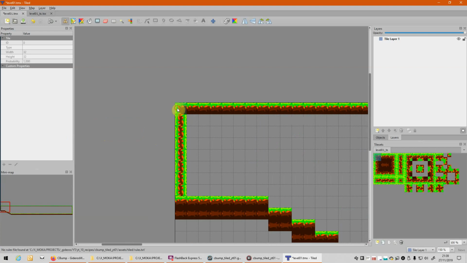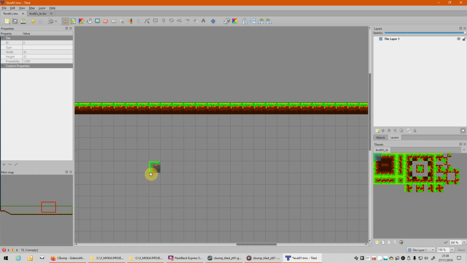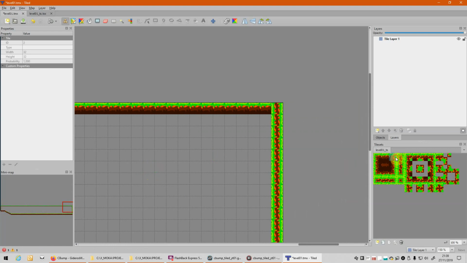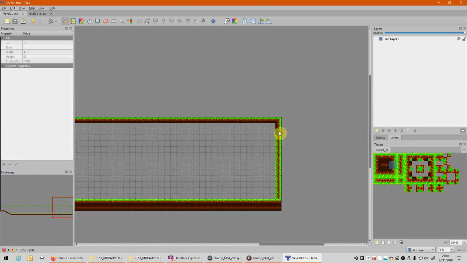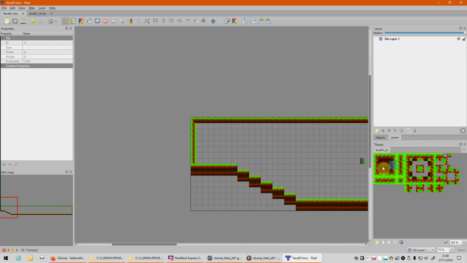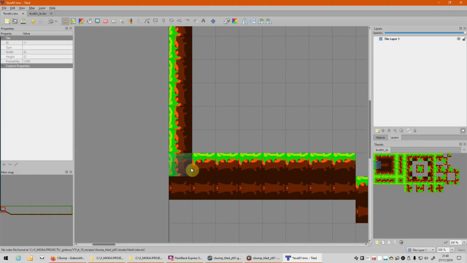Can maybe use this tile here. This one is fine. And use this tile here. Oh, okay, let's use this one instead. And the same here, let's use this one. That looks a little bit prettier.